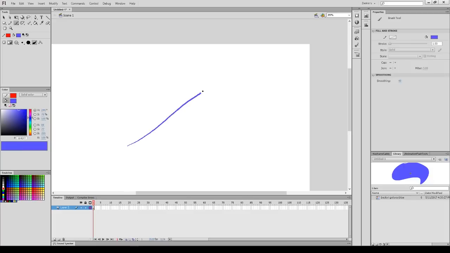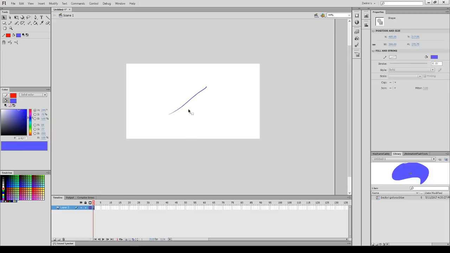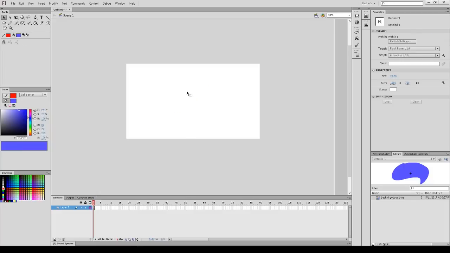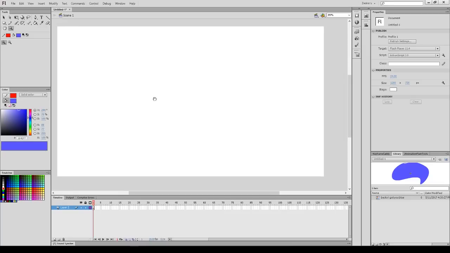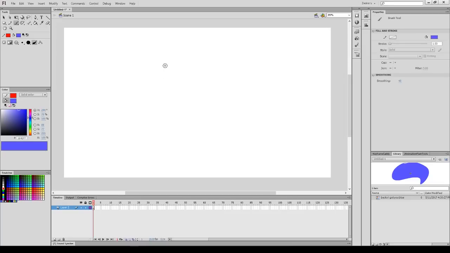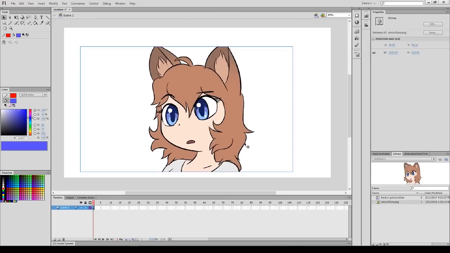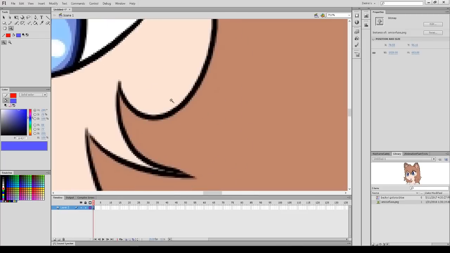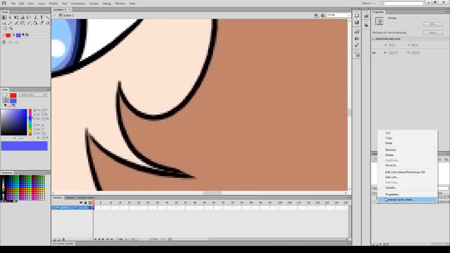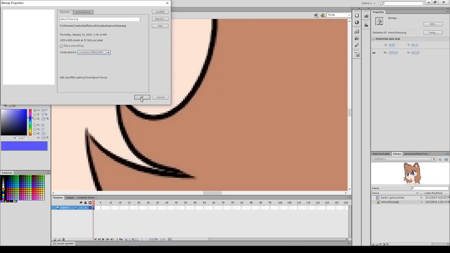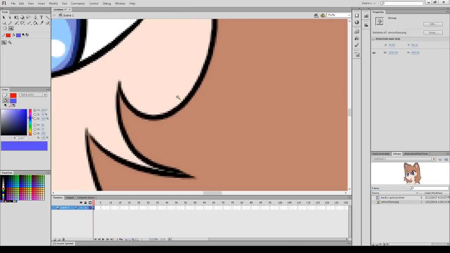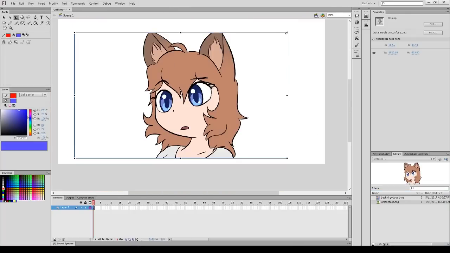Another thing also that I would like to note, don't rely on bitmaps for Flash animation, because they will lag Flash to hell and back, especially if they're big. They can work fine for backgrounds and stuff, but actually animating them, let me give an example of a bitmap in Flash. So first things first is that it does artifacting on it. You can get around this by going to Properties, change it to lossless, and it will show up exactly as it originally exists. Problem with Flash and bitmaps is that if you symbolize this,